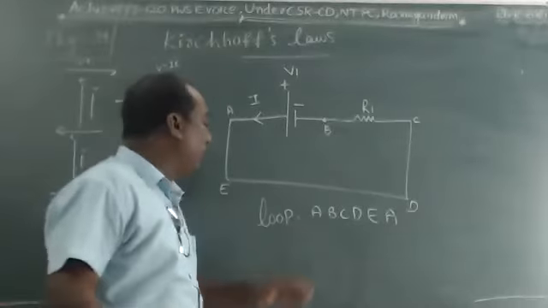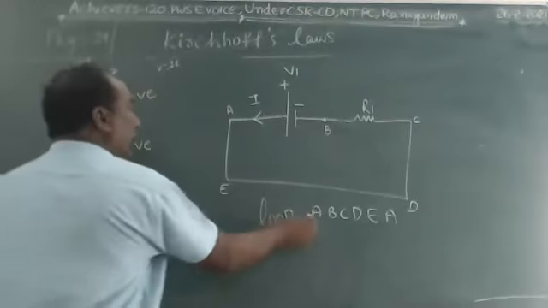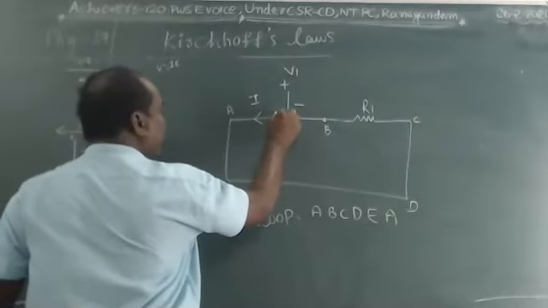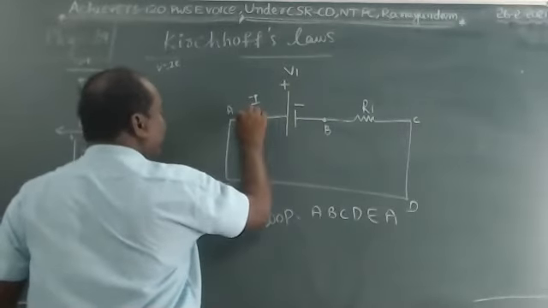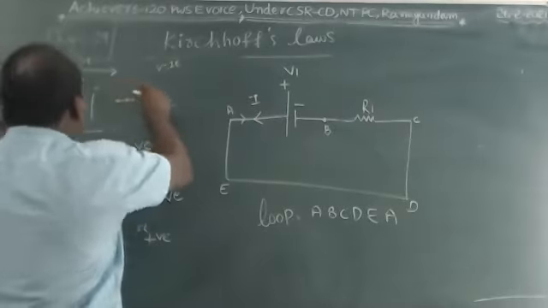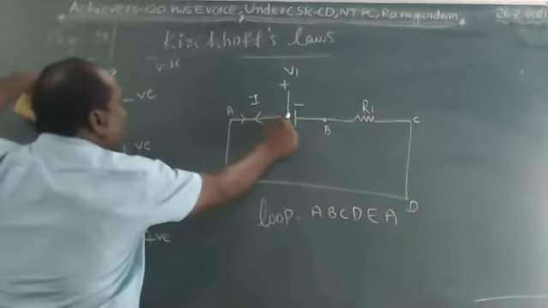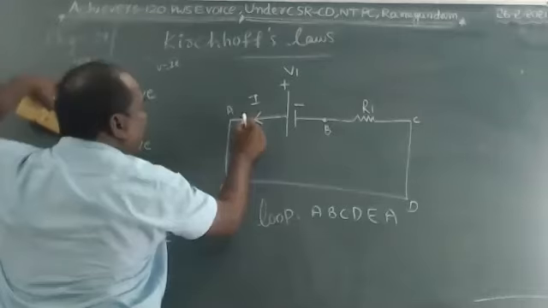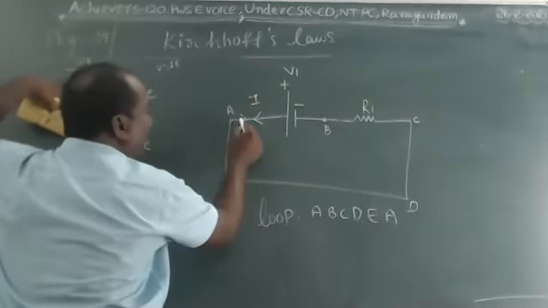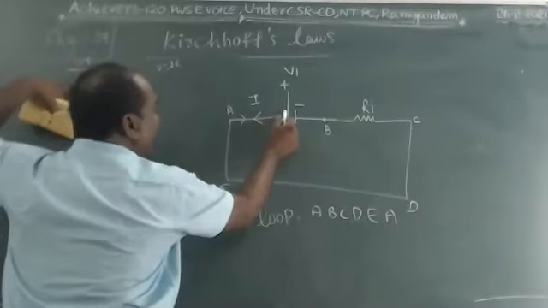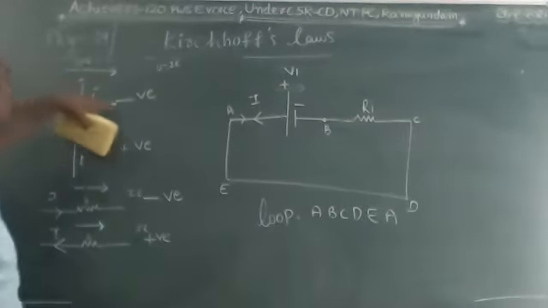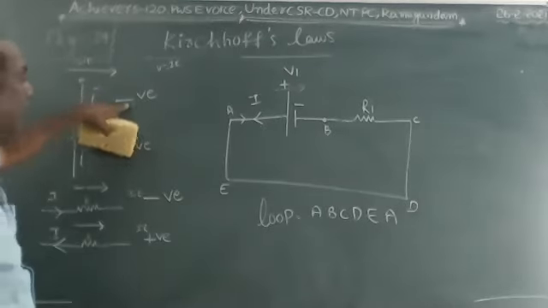So according to the loop, let me see the loops here, very important. The potential difference moves in this direction from point A. Here the EMF is moving from the positive terminal to the negative terminal. It is the voltage. The EMF moves in this direction, from the positive terminal to the negative terminal. Then the potential difference value we take as a negative.